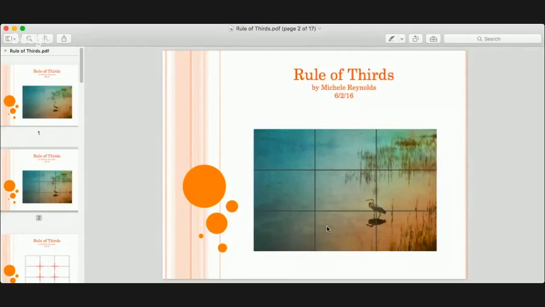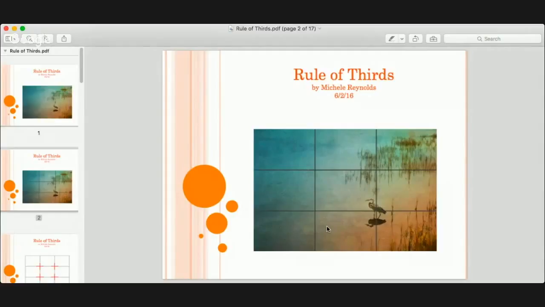And I'm going to show you some of the things you can do. You're going to break the image into thirds vertically and horizontally to get that grid that you see in front of you. And now what you want to do is put your points of interest at the intersection. You can see there on the screen how the bird is at an intersection, and that is going to make people naturally interact with that photo. So that's what you want to do with your photos, is put your subject, person or thing or landscape, in one of those intersections, and we're going to talk about 10 tips of how to do that.